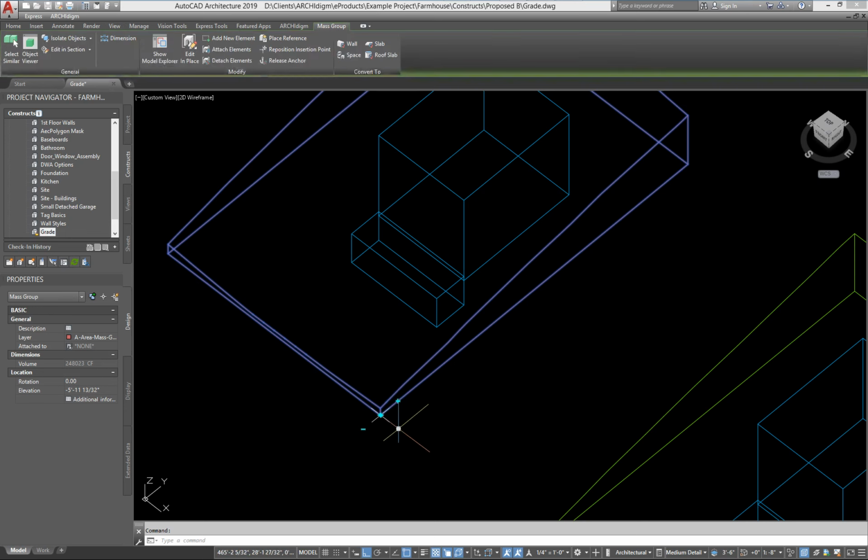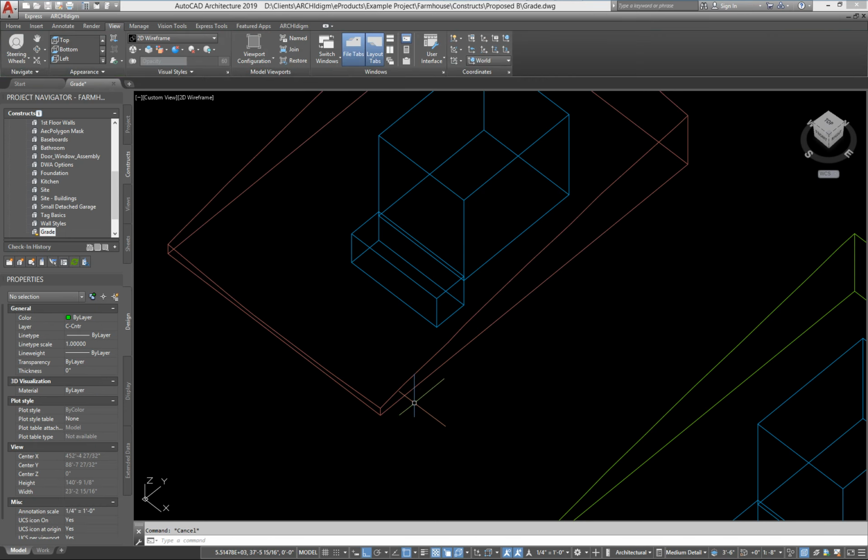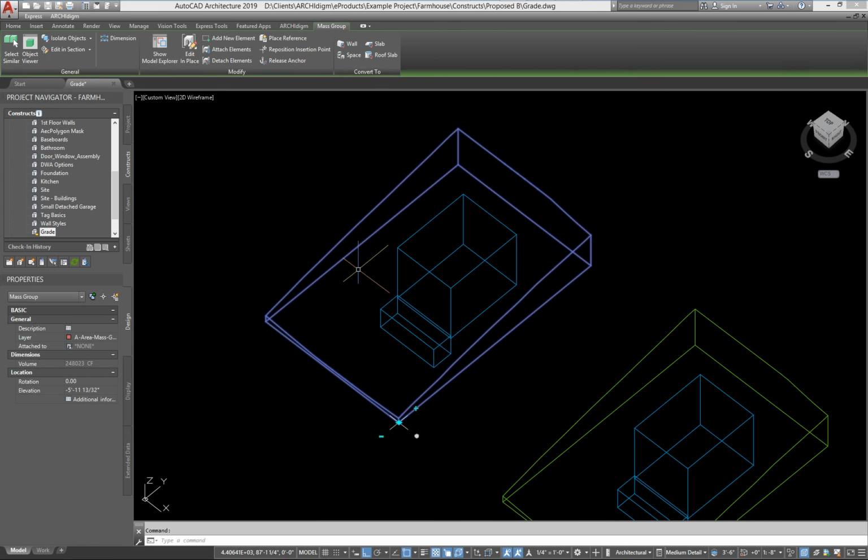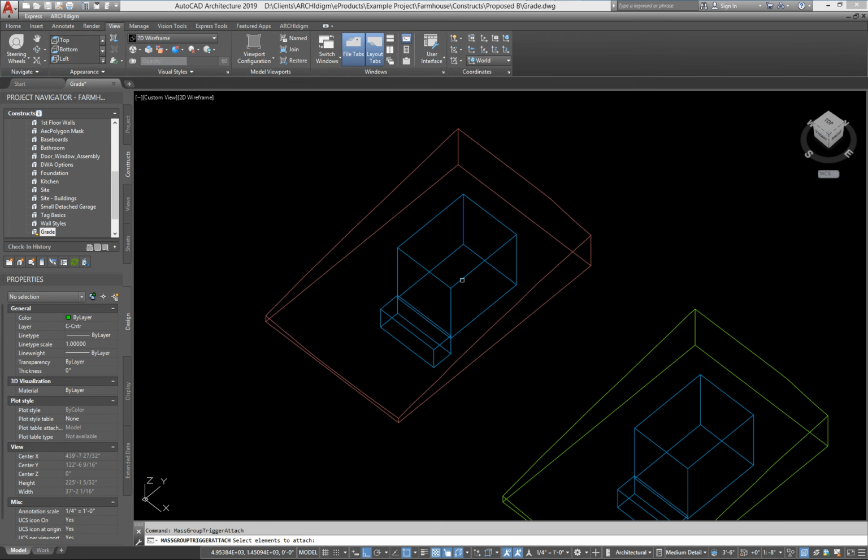You notice here when I pick, that's where the icon and its tools pop up. So that's why I picked that corner. And what I've done here is I've made a group of just the original site grade. But for this example, what I'd like to do is do my cut. So I'll go ahead and do an add here. I'll pick on this icon, and I'll do an add, and I'm going to go ahead and add that element